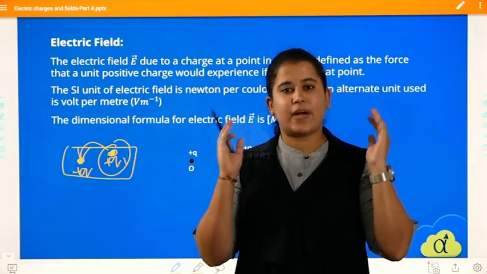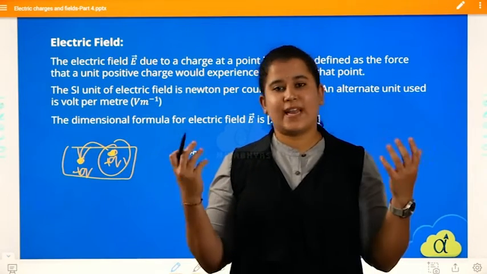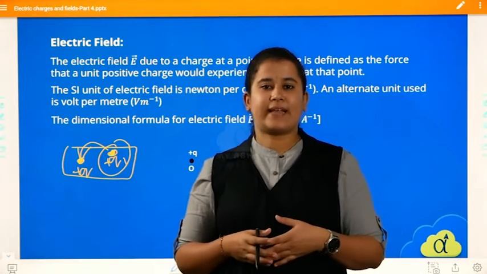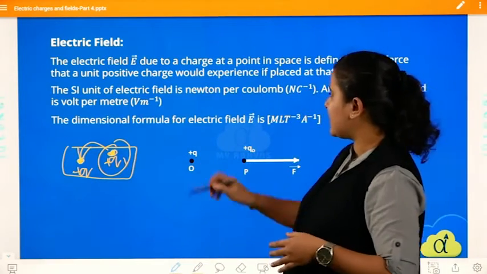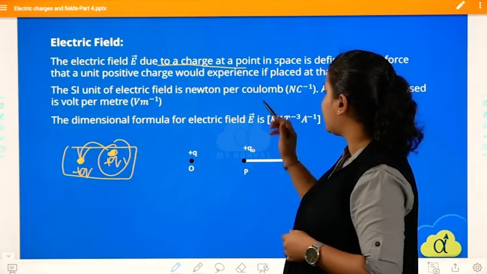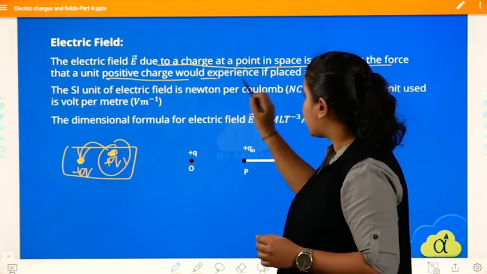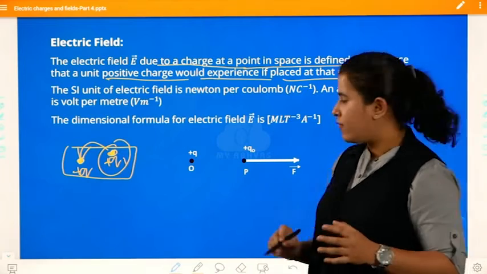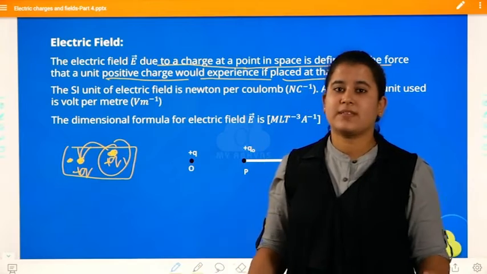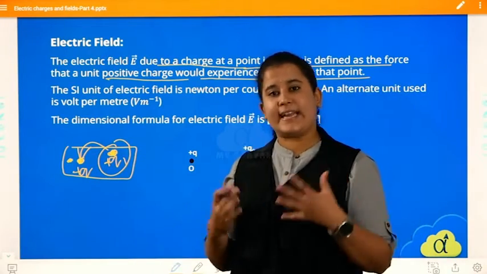That is, it is made up of complete electric charges. The electric field is a group of electric charges where you have a certain type of force, in simple words. But coming to the statement, what exactly is electric field? Electric field is due to a charge, a point charge, in space, defined as the force that a unit positive charge would experience if placed at that point. For example, if I bring this here somewhere, this is experiencing a certain force, right? What is that type of force we call? That is nothing but what we call an electric field.